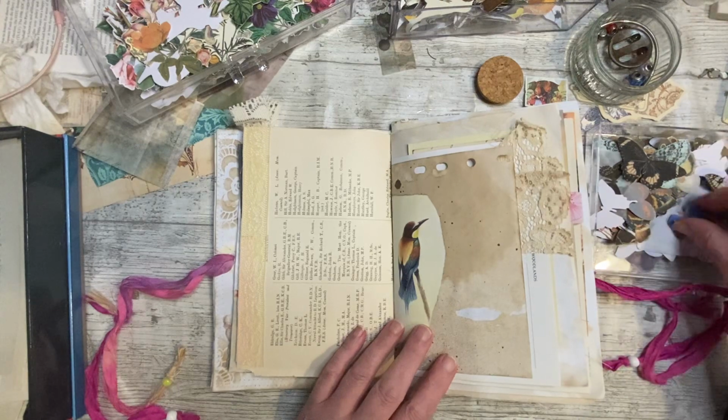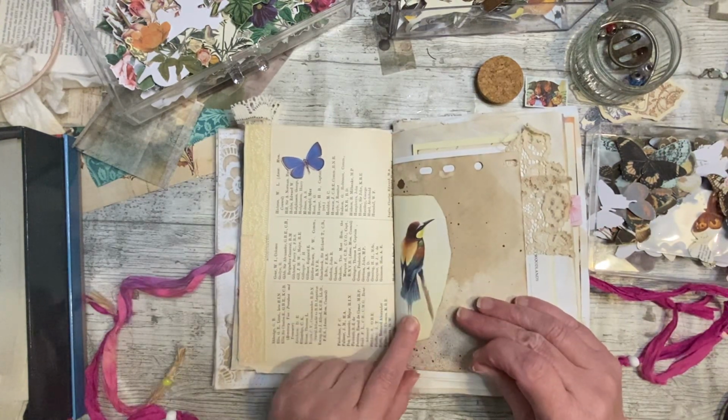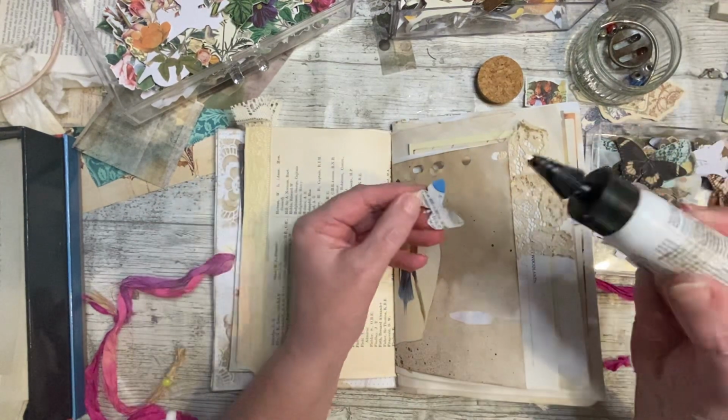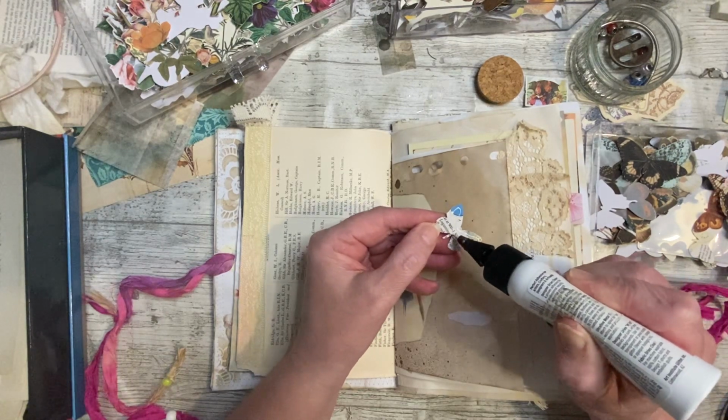Just seeing this beautiful blue butterfly here, and we've got this little bird with the lovely blue bits and pieces on him. I think he's going to go lovely on there, so let's do it. I think maybe it's the talking that's making me a bit breathless,